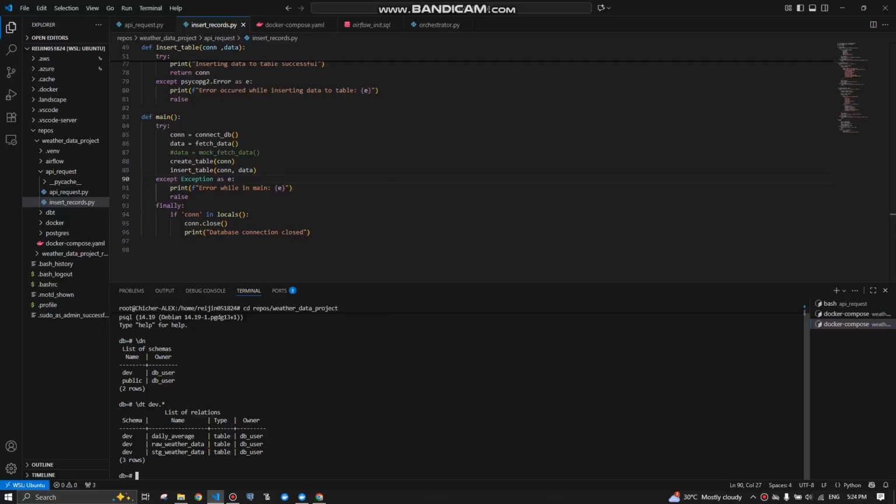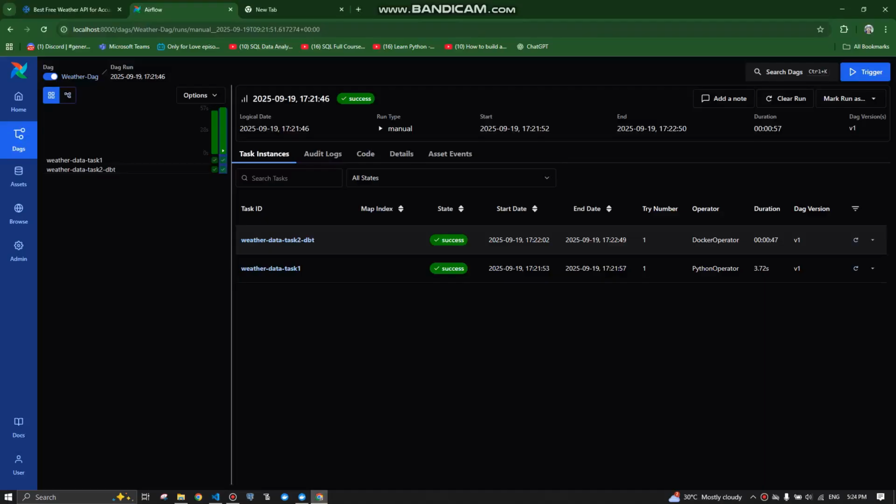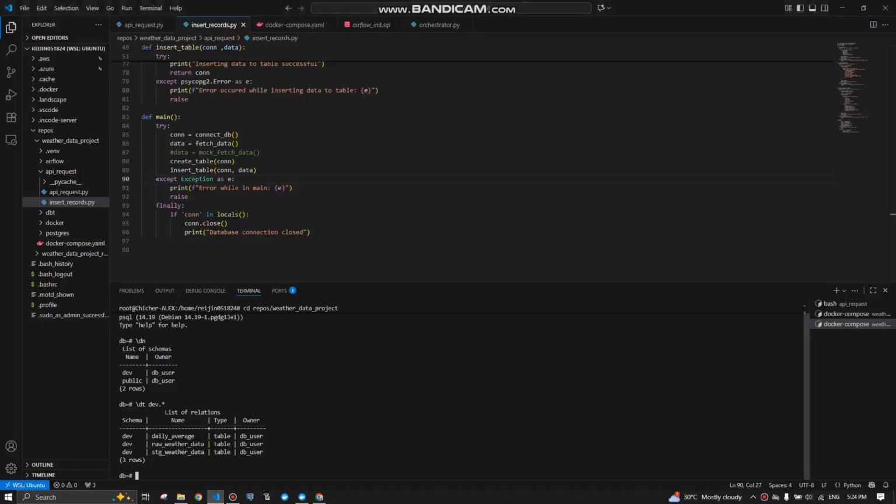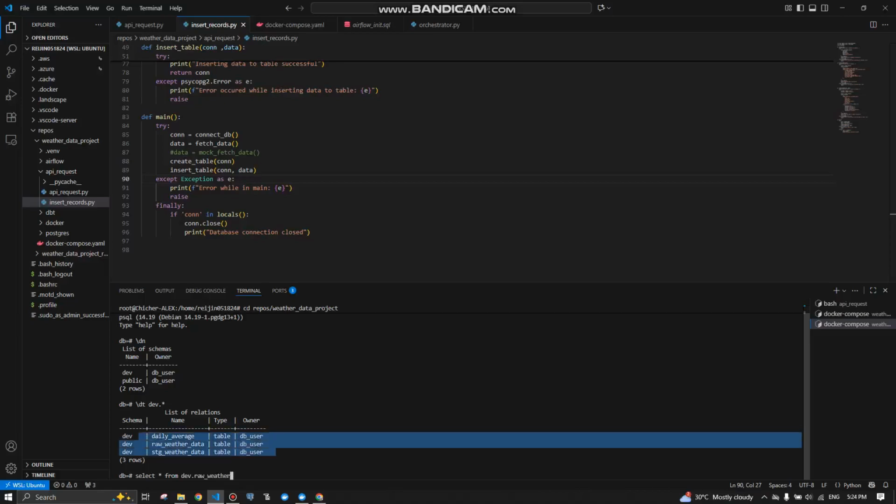So I will demo how Airflow stores the data to the Postgres database. First I will display all the values in raw weather data. So these are my three tables. These three tables are also displayed in my Superset table.